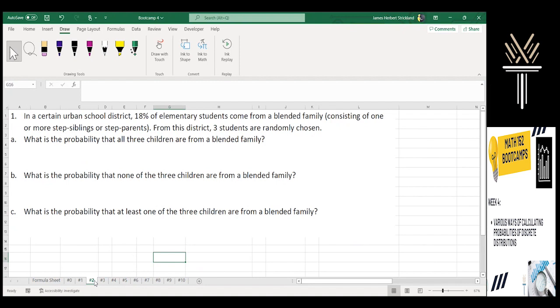Okay, different ways of doing this question. I'm going to do it by our empirical classical techniques. And you'll find out next week when we do binom.dist.range or the binomial techniques that there's another way of doing it. We're trying to find the probability that all 3 children are from a blended family. And the first thing I want us to think about is